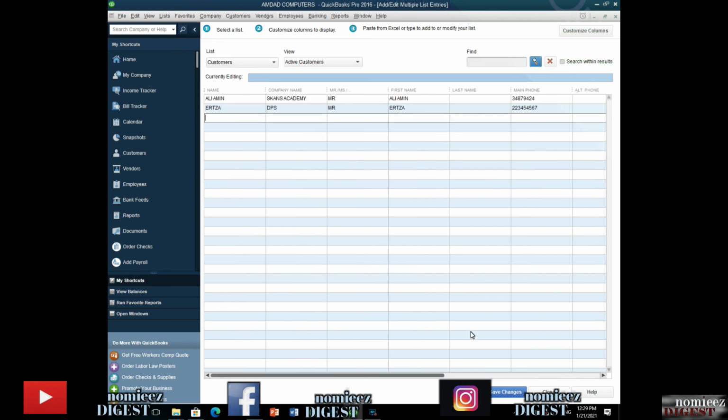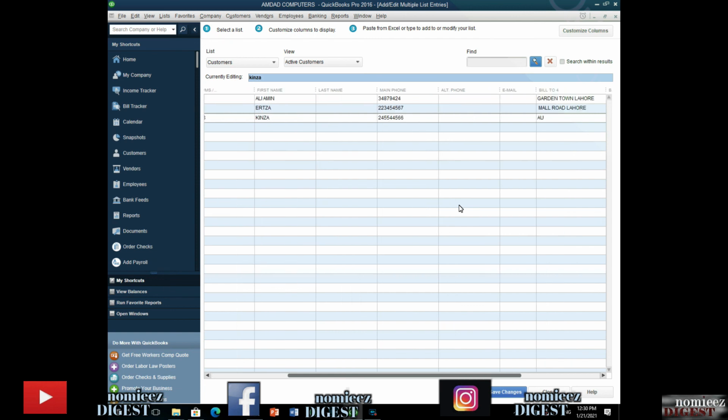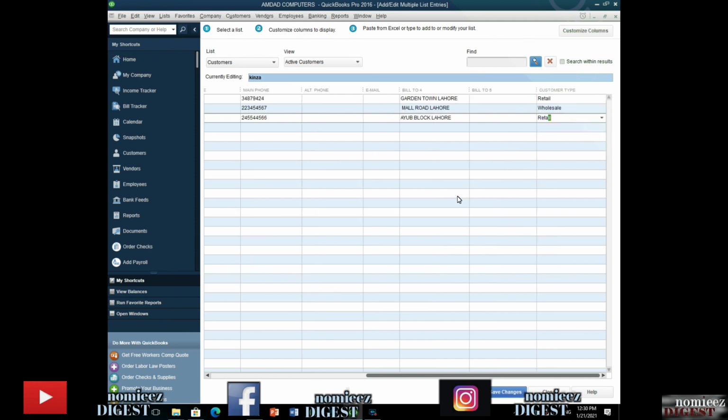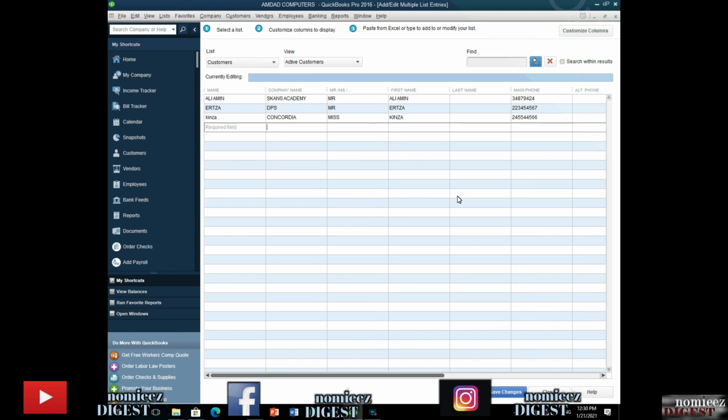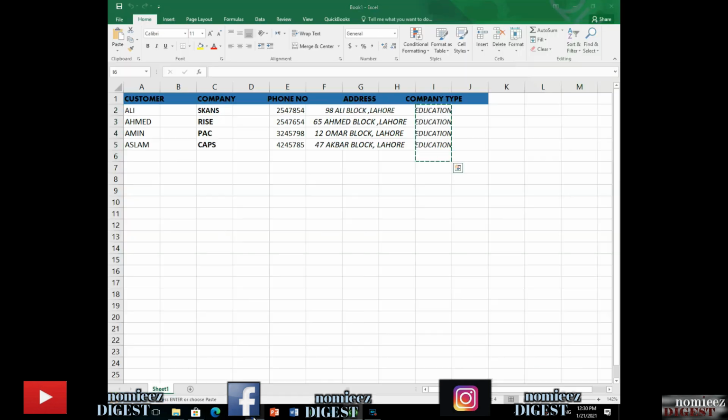Here we can also add a new customer. And now we will see how we can copy our data from an Excel file here in QuickBooks. So here I will show.